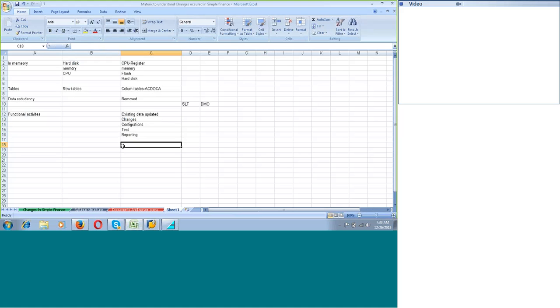In each and every case we have general ledger, asset accounting, accounts receivable, and accounts payable. From controlling activities also we have a lot of issues, that means controlling the cost elements, cost centers, then COPA and also product costing. All these things we need to understand in this sequence. First, we need to understand the changes of the particular topic, then the additional configuration, then test it and run the report. Once you run the reports in simple finance applications, we have